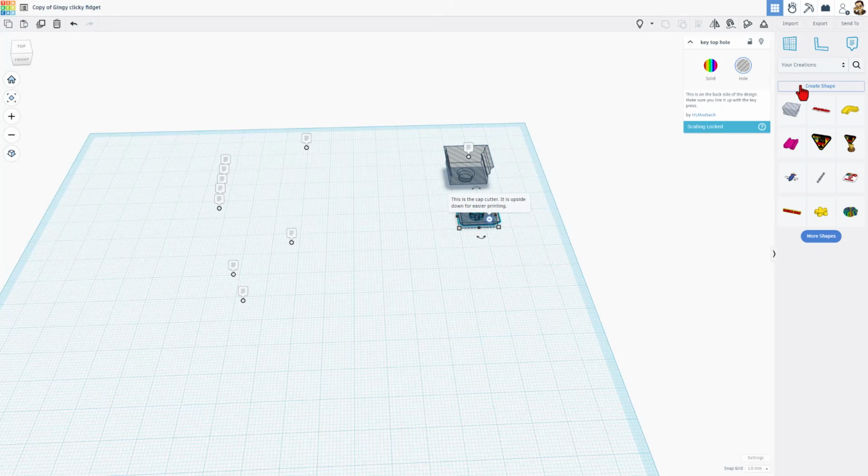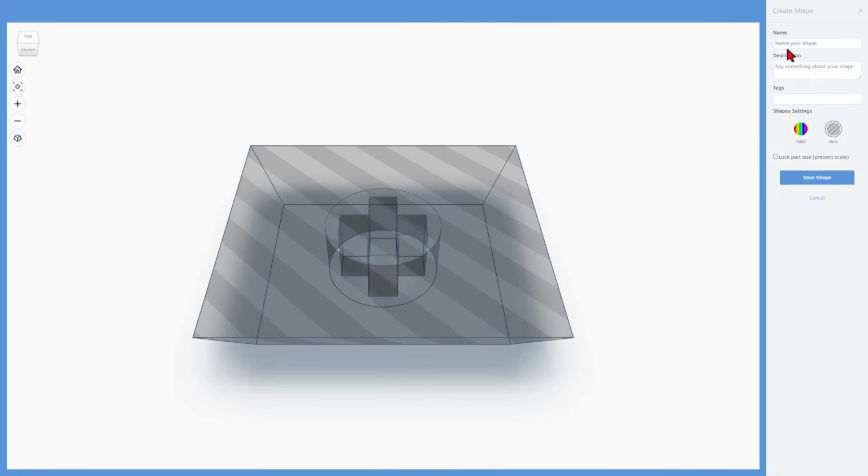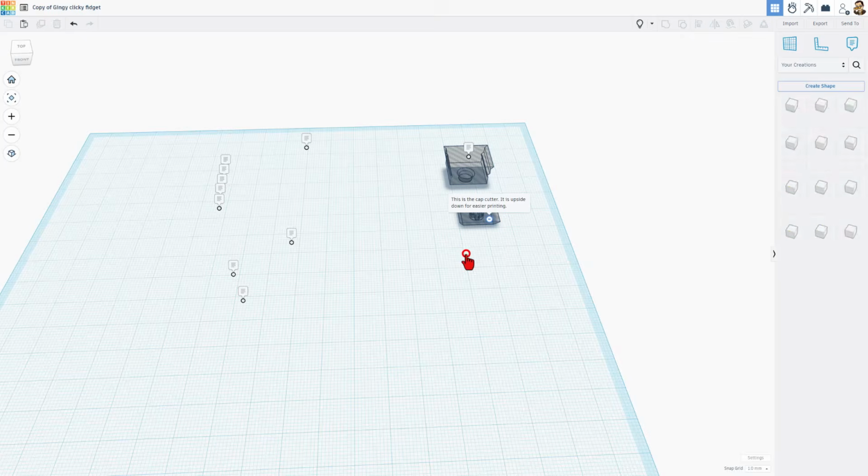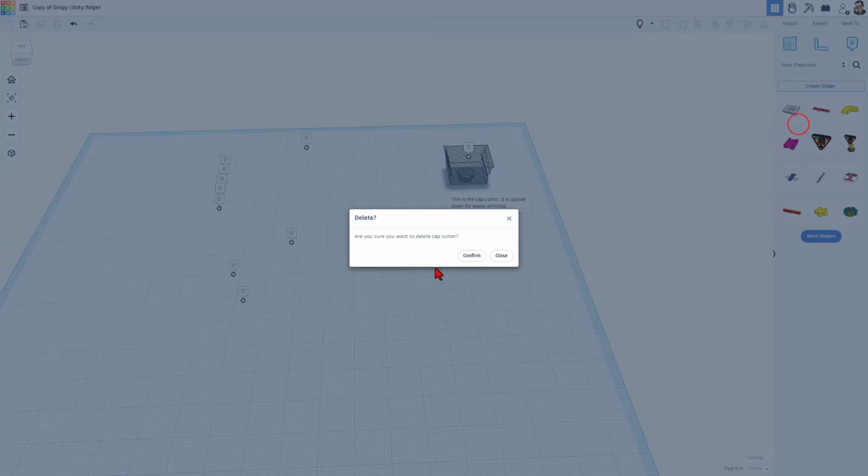available. Of course, I want to save the cap cutter as well, so I click it, hit create shape, wait for it to load. I'm going to call it cap cutter, and I'm going to lock the part size and save the shape. I have saved these earlier, so I'm just going to click the gear and choose delete and